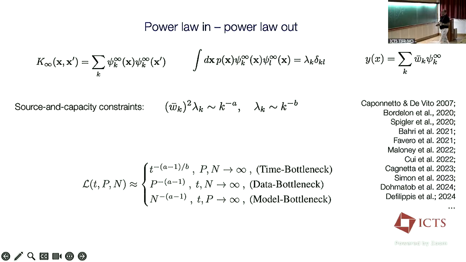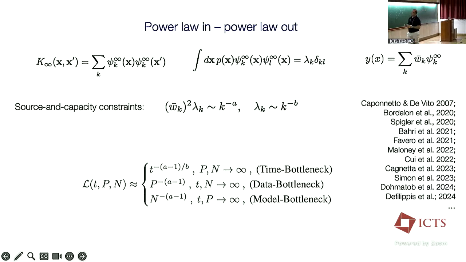What do these mean? Let's look at the time bottleneck. What that means is the following. We're given this data, this model, an infinite amount of data, an infinite amount of width, so it doesn't have any parameter constraints. The only constraint is how much I trained the model. In this case, the loss mostly depends on scaling with respect to time, where the scaling exponent itself derives from a combination of these things. In a second, I'll try to interpret what this is.